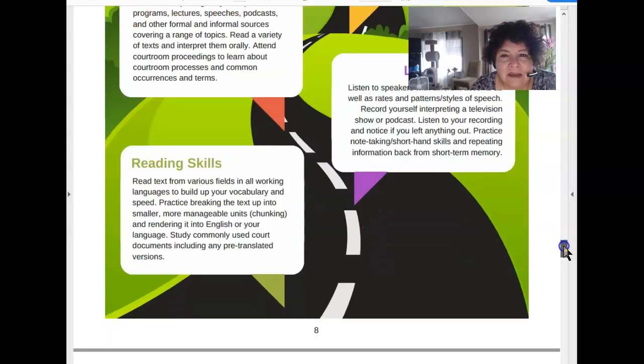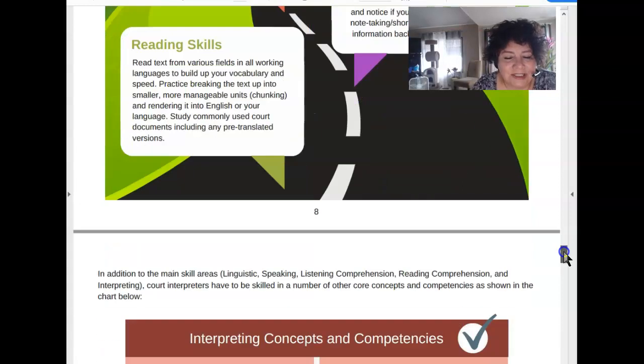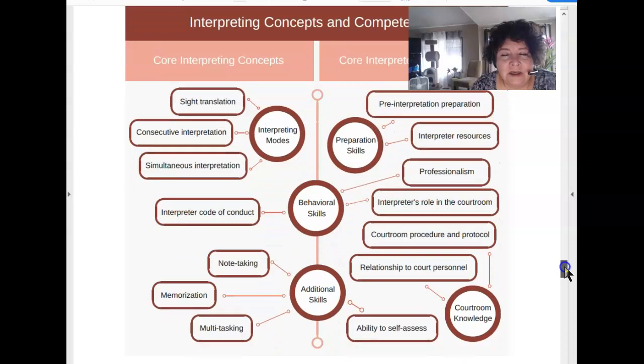Reading skills, again, looking at all the glossaries, the vocabularies, continue your professional development in that particular field. For example, those of you that are going into court interpreting, you might want to consider taking more legal terminology classes. And those of you going into medical, just the same, taking more medical terminology. Based on the area of expertise that you want to work on, we also talked about education. It's learning that terminology for that particular field, and we have provided you various glossaries for various industries. Again, this is in a PDF format, but you will not be able to fill it out unless you download it onto your desktop or your laptop.